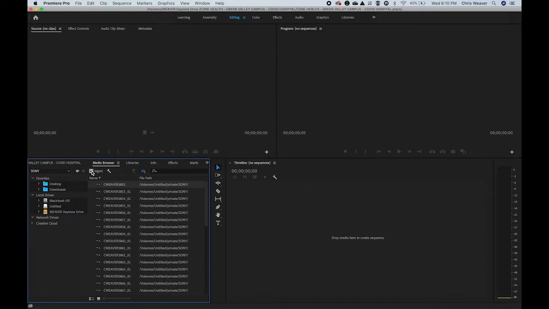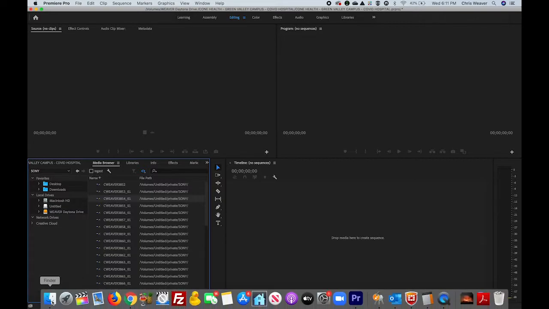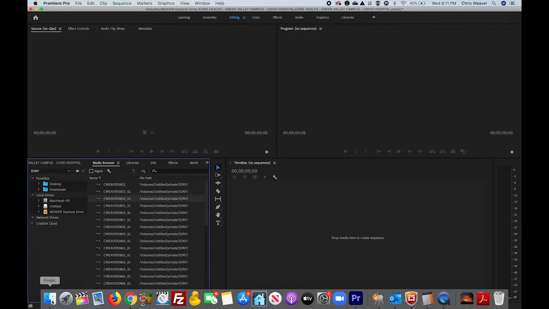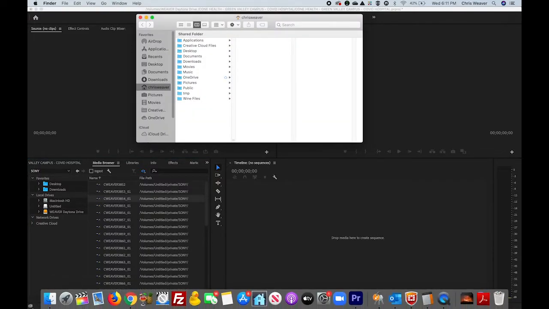If you check the ingest button and then right click and import, it loads those cards from the SD card to the hard drive. But there's been some issues with files dropping, so I came up with a workaround that actually is a lot quicker anyway. So when you create your project, this is a clean new project, but instead of loading that footage directly to the project like that, open a couple of Finder windows,